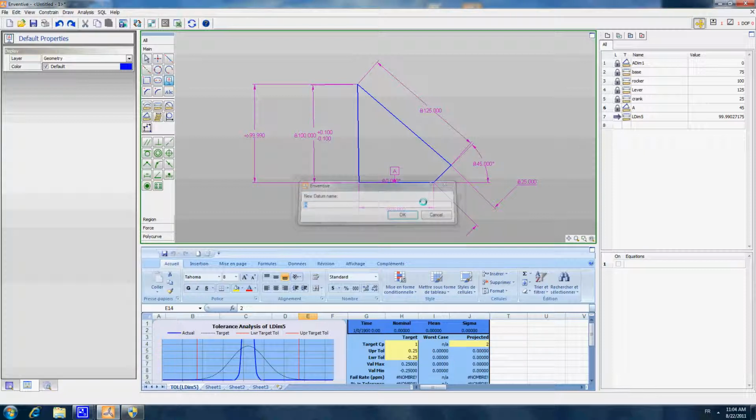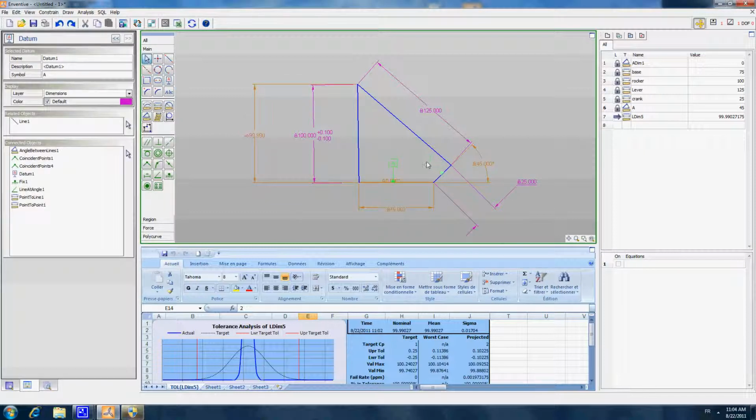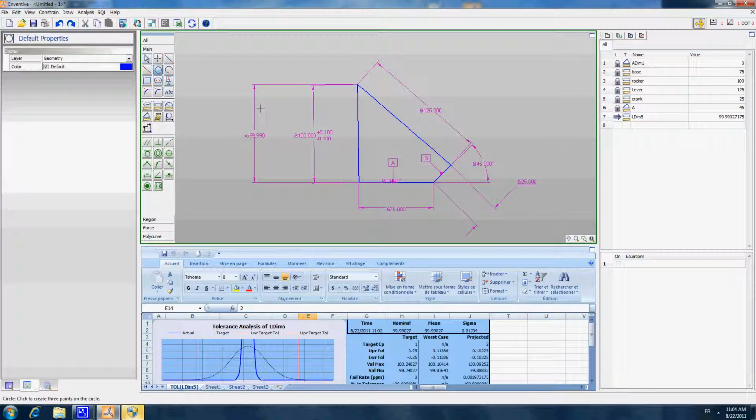So, for example, we can define a reference A on the horizontal segment, a reference B on the second segment, which is at an angle. And then we could say, for example, we have a hole going through this 4-bar.